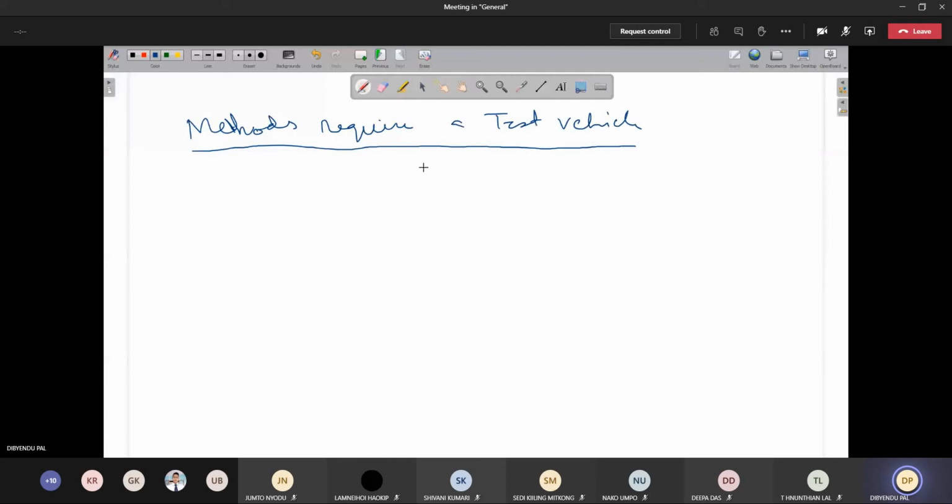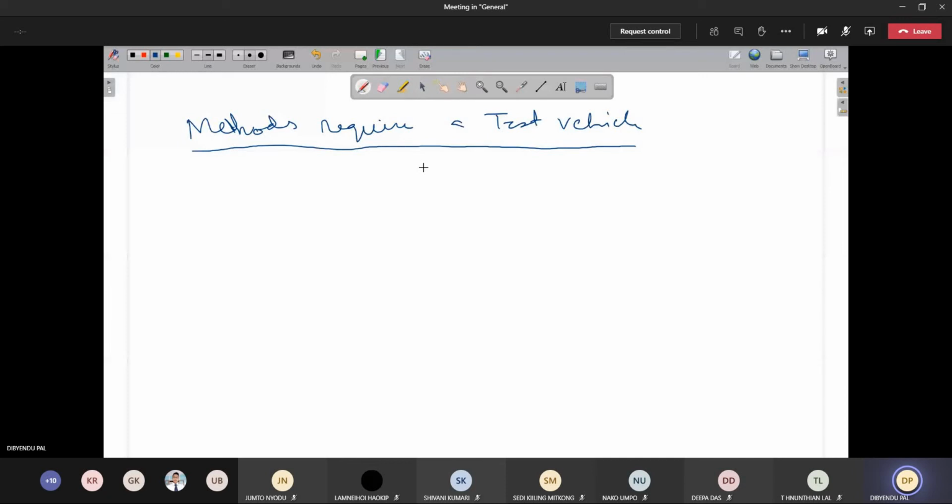Why am I saying GPS? Because with GPS we can get the actual distance rather than relying on the odometer or the vehicle's meter reading. The vehicle meter reading will not give you the distance; it will give you the average speed, and maybe you can find the time, but there will still be an issue because you cannot always maintain exactly the average or a constant speed. So it is better to install a GPS, see how much distance you have traveled, and use a stopwatch. This is one way we can find it.